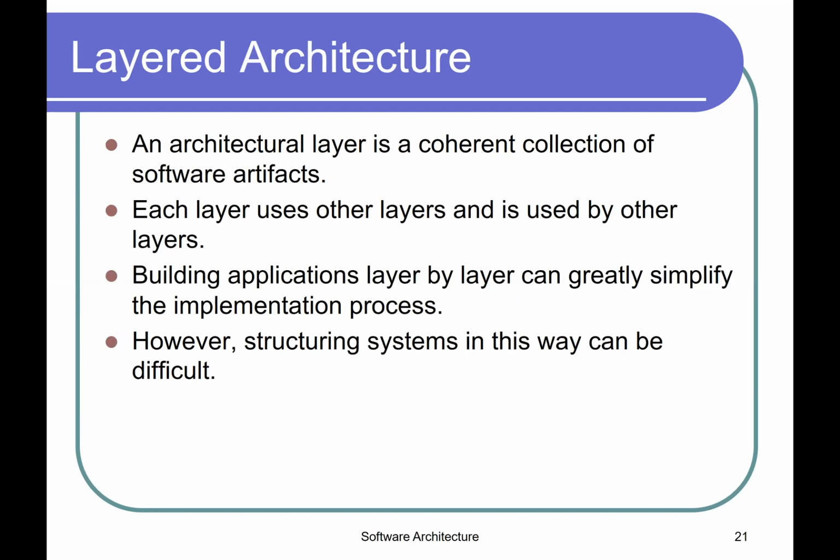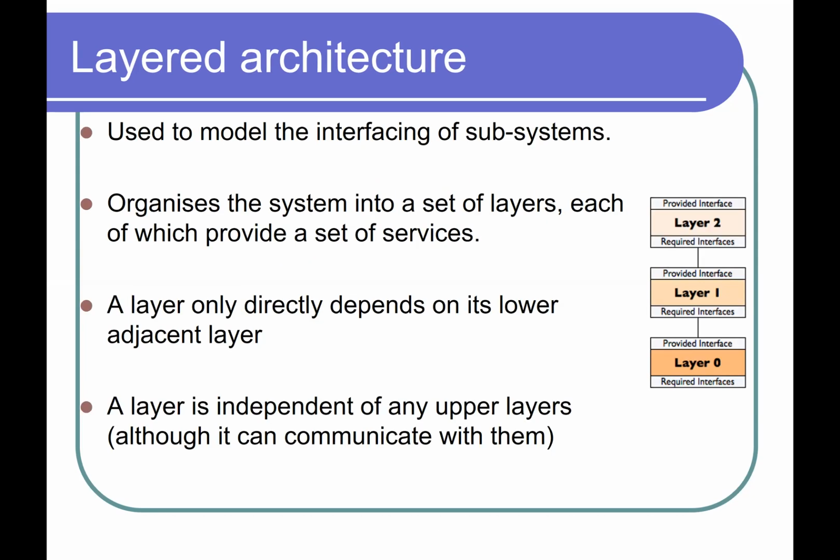The disadvantage is that sometimes it's not easy to slice them. So when it comes to the middle layer over here, let's just say within that middle layer, I want to divide it into, say, 2 or 3 functionality layers. Like subsystem 1 that does the registration, subsystem 2 that does the financing. But sometimes you realize that, well, subsystem 1 needs subsystem 2 for something. I realize that subsystem 2 actually needs subsystem 1 for that. So there's a cyclic thing happening. So you can't really put them in a layered architecture kind of thing. So you tend to just shove them all together into one layer. So the slicing of it may not be as easy.